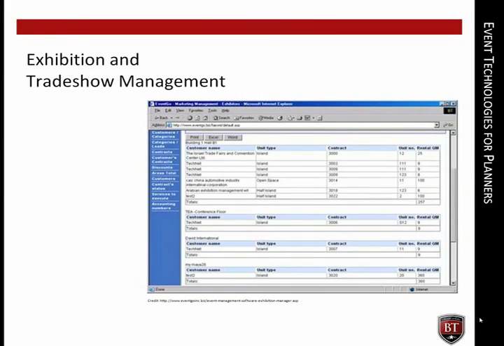Exhibition and trade show management software. These events require the management of the venue, exhibitor needs, suppliers, and attendees. There are a number of feature-rich software and online service providers that specialize in the complexities of planning and managing trade shows, consumer shows, and expos. These systems will offer all of the following features and then some: secure online registration, secure credit card payment, double